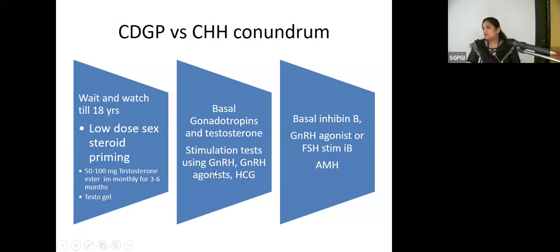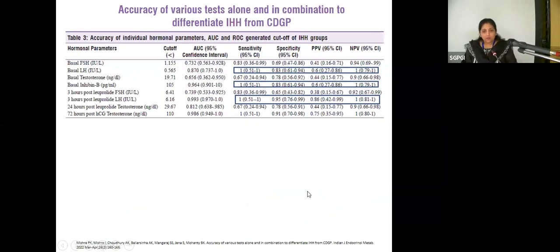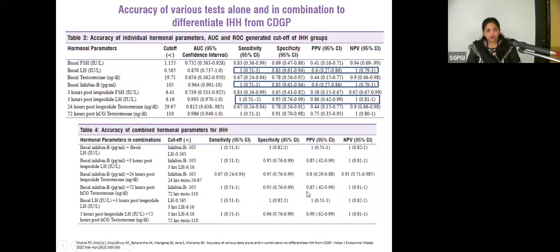But many tests have been done, and there is no gold standard test to say that these are the cutoffs which can distinguish between the two. So now the focus has shifted to the Sertoli cell peptides, basal as well as GnRH agonist or FSH stimulated inhibin B and AMH, to see whether that can help. So in this study, as you can see,